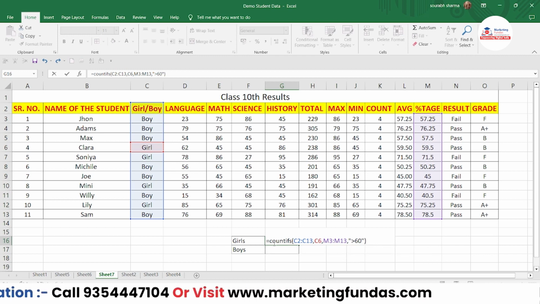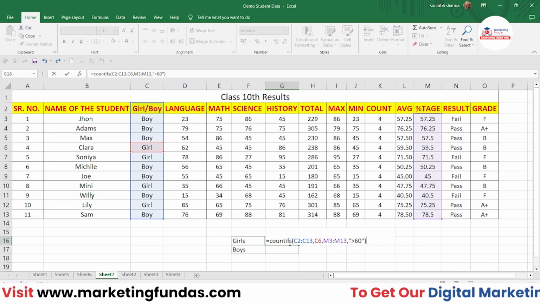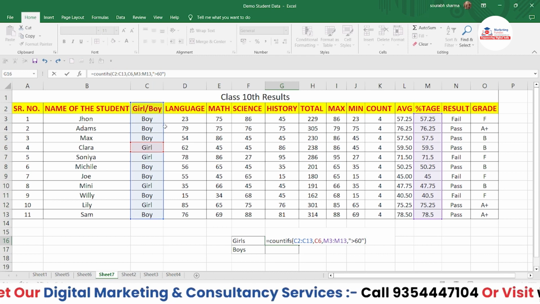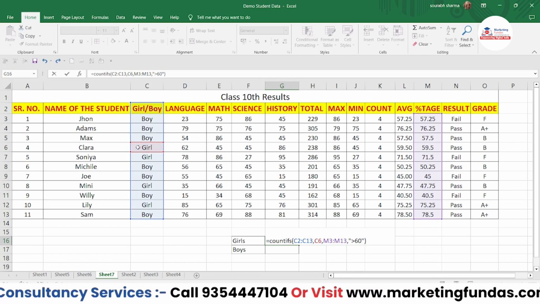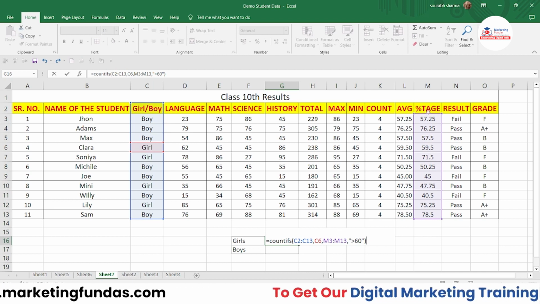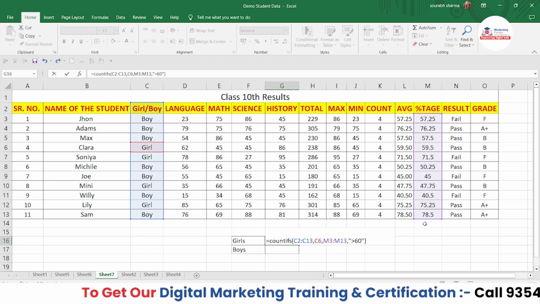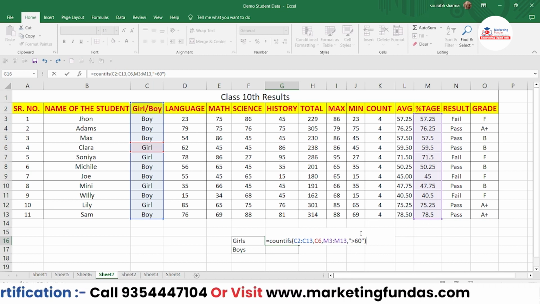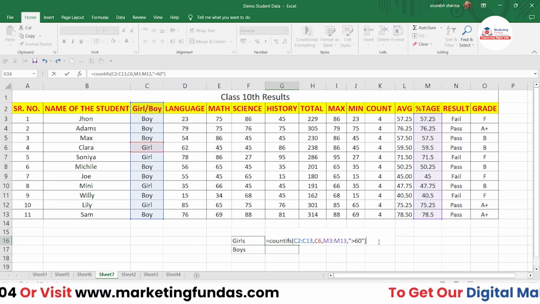So this is the formula. We have activated the COUNTIFS formula, then we have selected the first criteria range, basically this, then we have selected the criteria, basically the criteria is the student should be a girl, and then we have selected the second criteria range, the percentage column, then we have selected the second criteria which is above 60, right? Now we have to just hit enter,